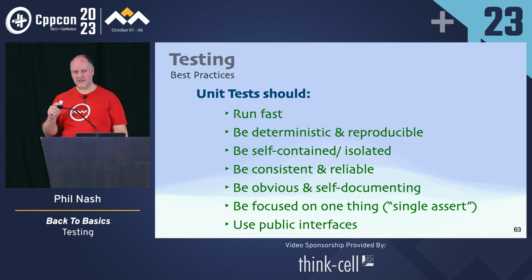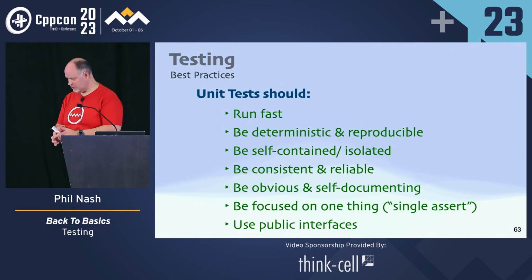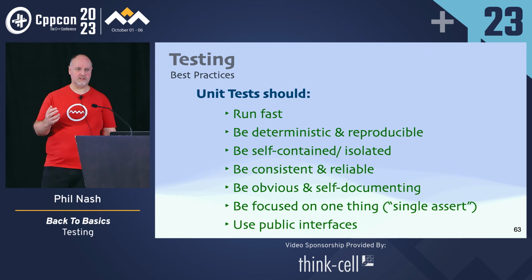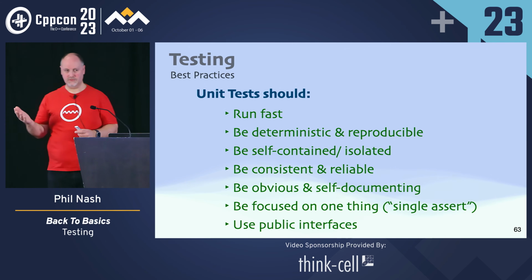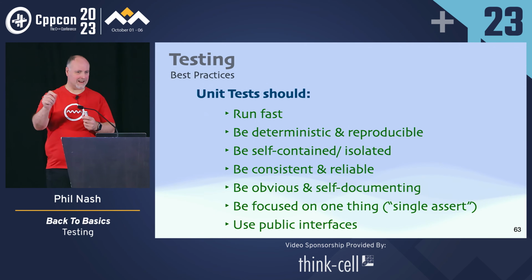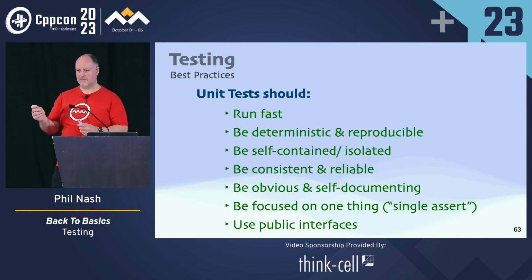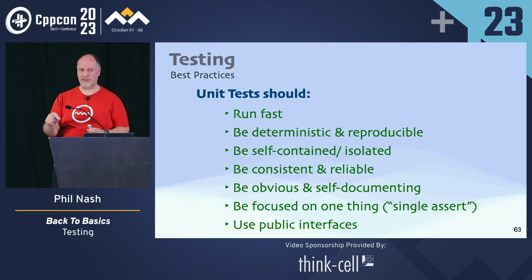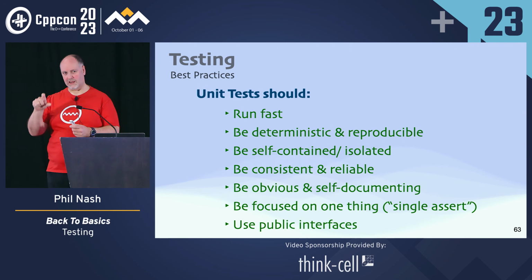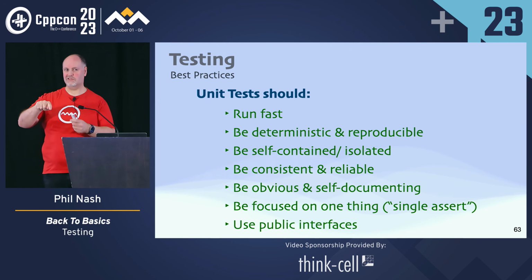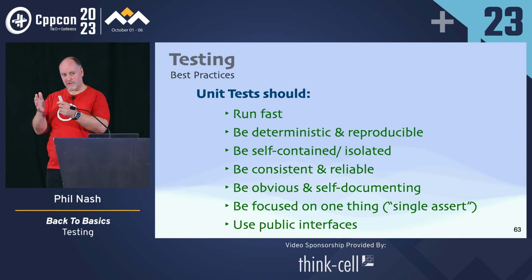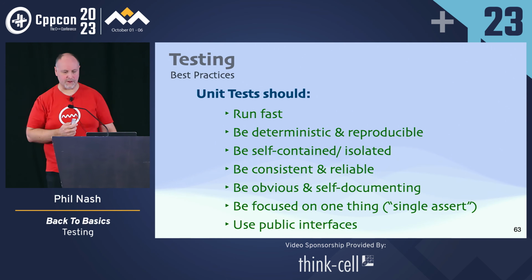There are some cases where you do need to do this, and I usually talk about non-functional requirements. A good example would be if you're writing a class that's basically a reference counted smart pointer, and you want to test that the reference count has a certain value at a particular time. It's part of the non-functional requirements, but it's not part of the public interface, or at least it shouldn't be. So occasionally, you might need to poke this hole into your encapsulation. And there are some techniques to do that. I'm not going to talk about them now, but they should be very, very rare. But they do come up.